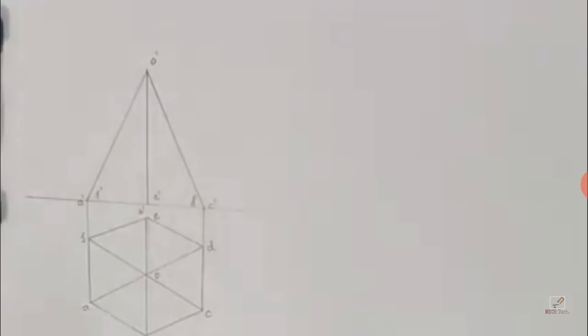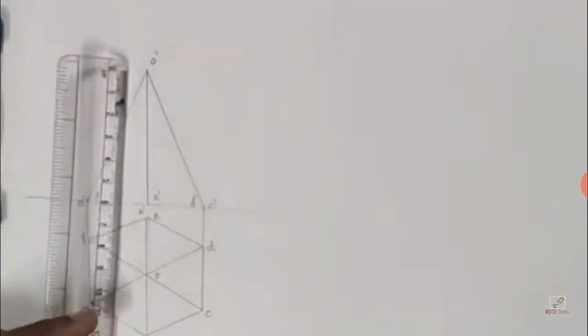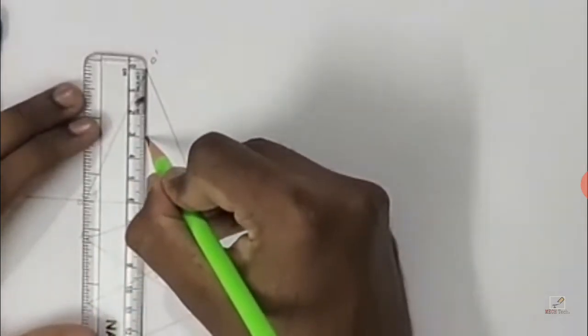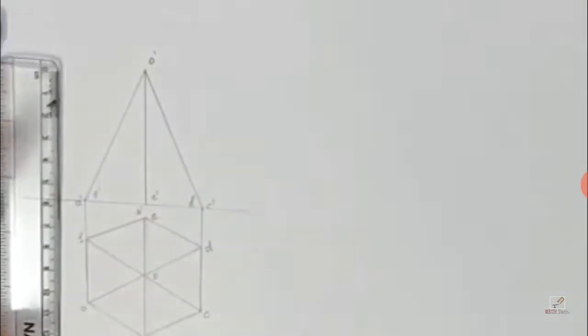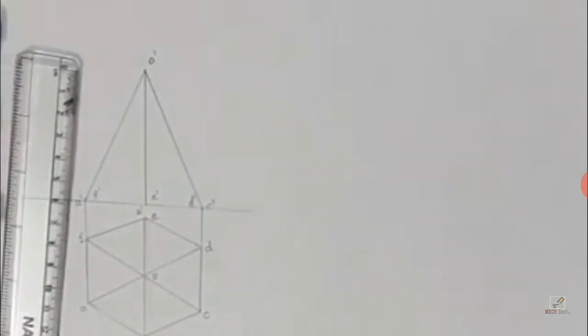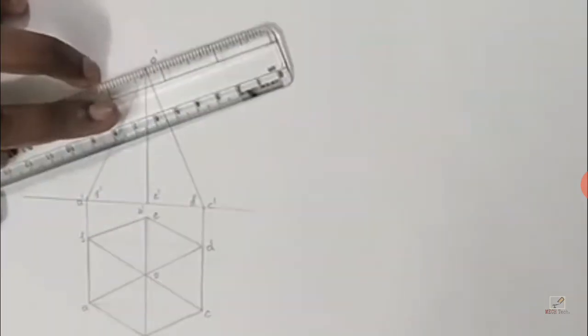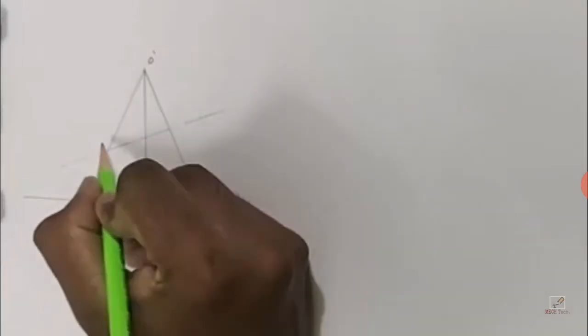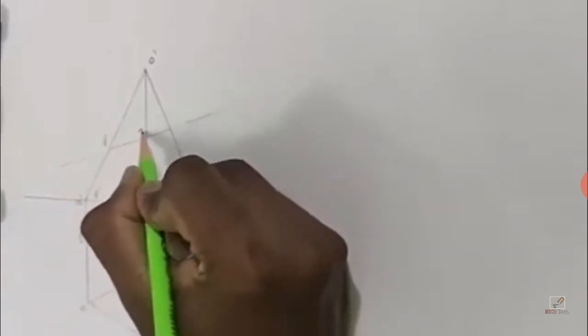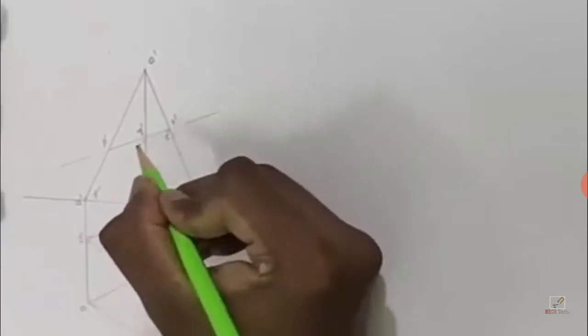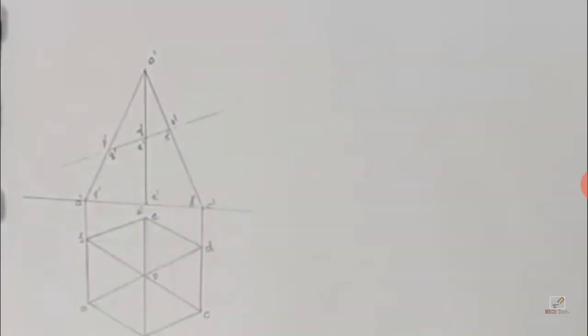So it is cut by a plane inclined at 40 degrees to HP. So bisecting the axis, take a half distance of the axis and draw the cutting plane line from the bisecting points. From the bisecting points, mark the cut points P dash, Q dash, R dash, S dash, T dash, U dash. So draw the cut points.